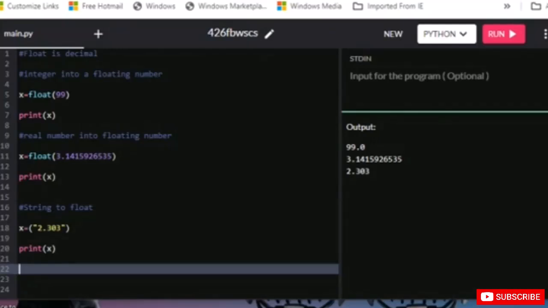Well, it will surely get confused whether it should give you 99, 3.141592655, or 2.303. So it will get confused if we call it in some kind of random situation, in complex programming. That's why we initialize different variables and different names so many times, so that it can actually be oriented for the object.